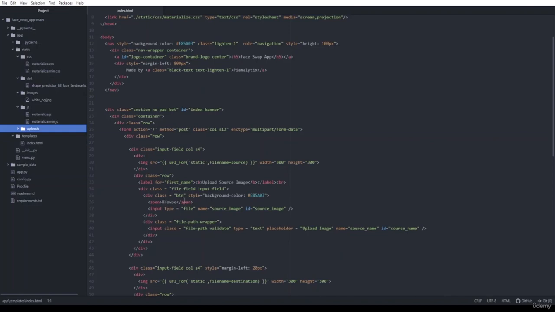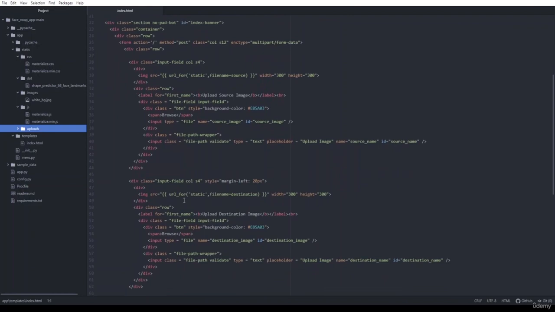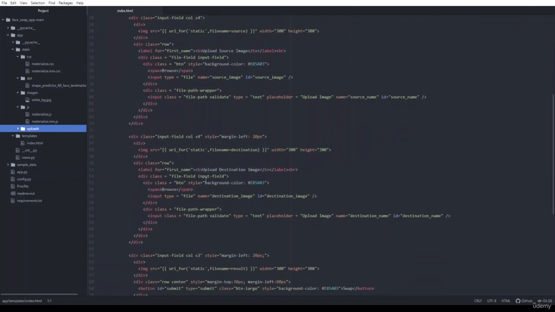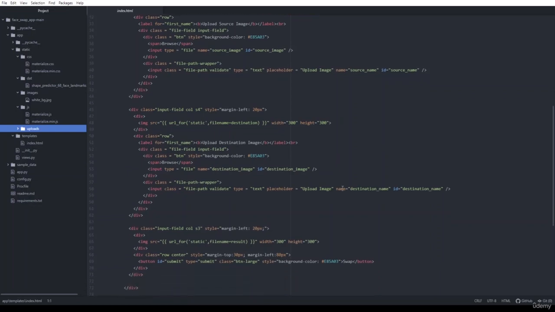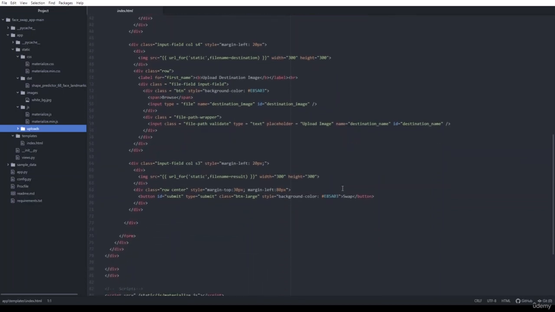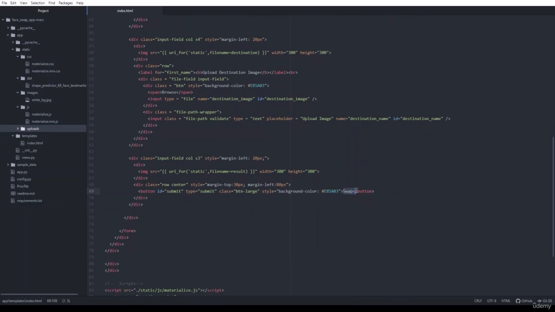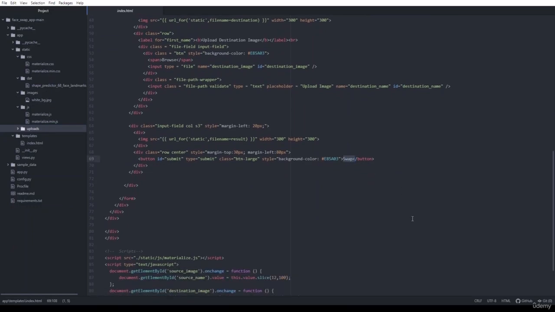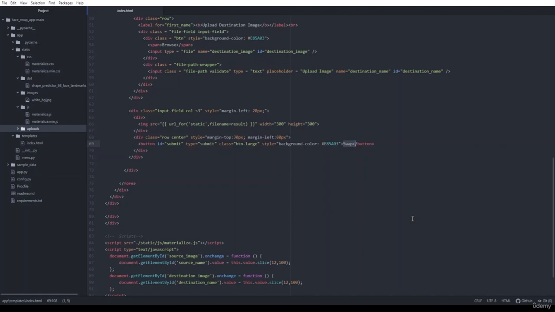I have given a browse button which will browse for the source image, and we will similarly upload the destination image using the browse button for that also. After doing that, we just need to click a swap button, as you can see here in the fourth division, and this will swap the images from the destination and the source.